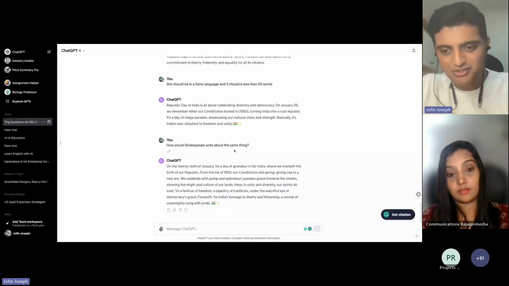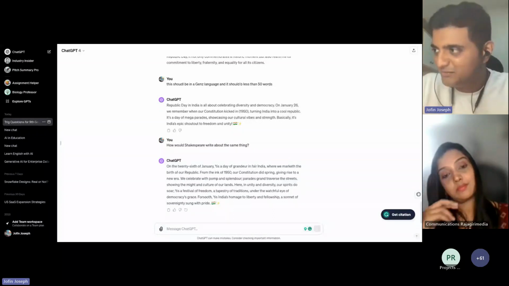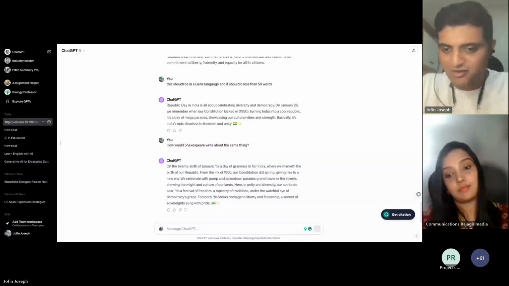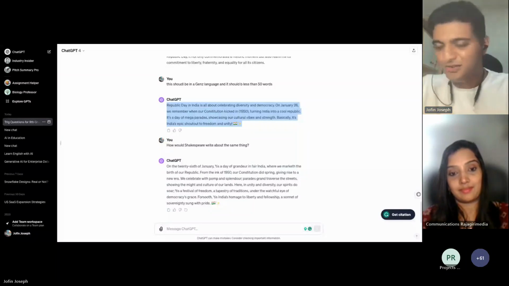So if a ninth standard child, which is a Gen Z child, uses all of these things and comes up with something like this, trust me, you're going to have a very hard time, or any AI tool is going to have a very hard time identifying that this is ChatGPT generated and not Gen Z kid generated. Right? So that's how you can actually make it work.